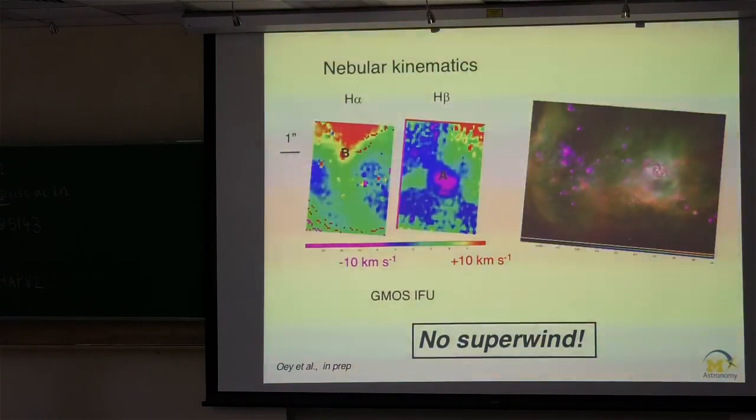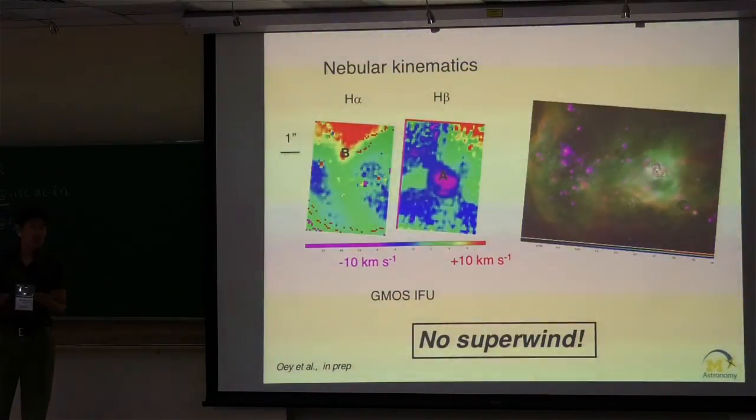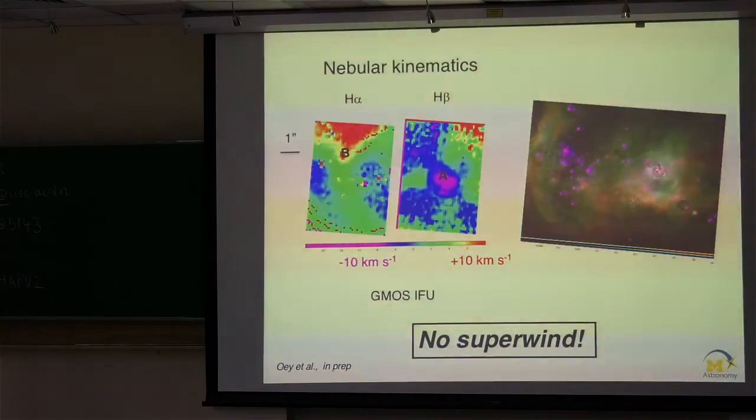That's in the observed molecular gas. Looking at the nebular kinematics, there are archived Gemini observations, and these are side by side, so they're on the same scale. This is the ionized gas that's right over here on top of the blob, expanding at only 10 kilometers per second. So there again, that's very, very low. So you don't see a superwind in the nebular gas either. This object is truly remarkable because you can actually see what's going on here, as opposed to a couple other,